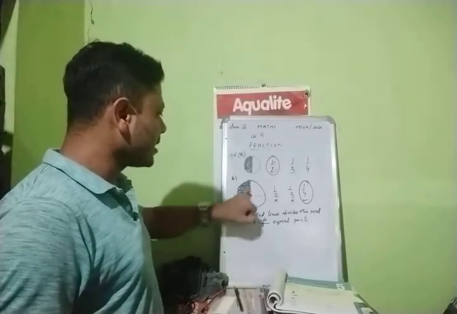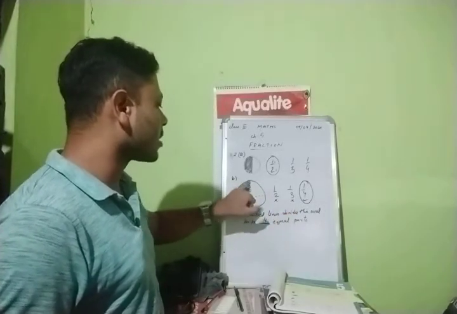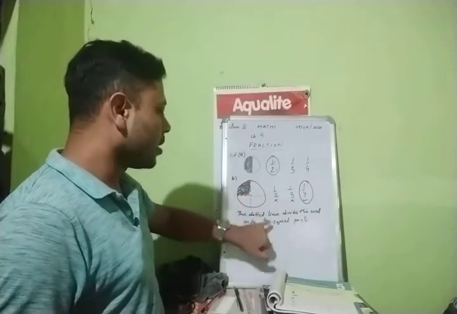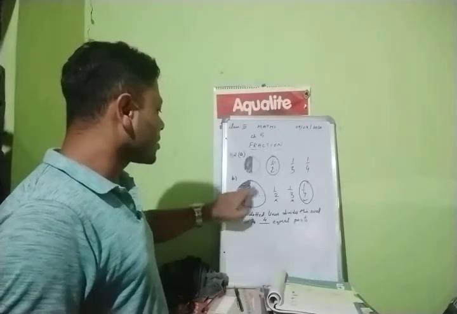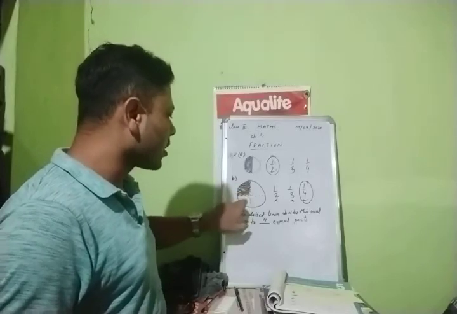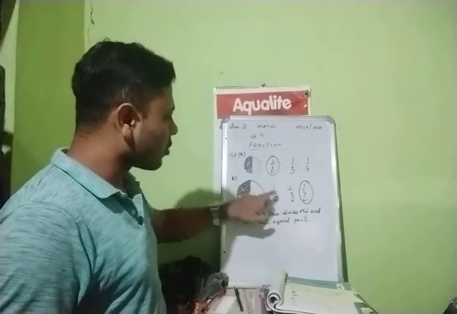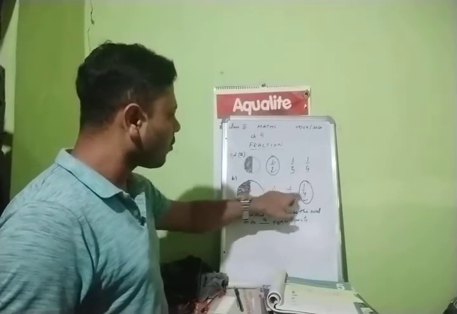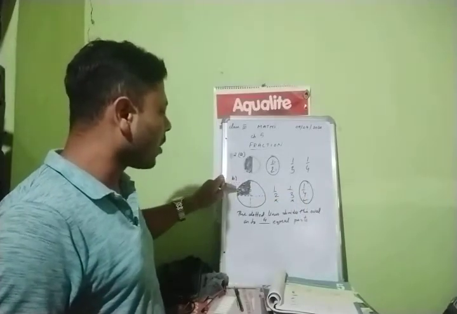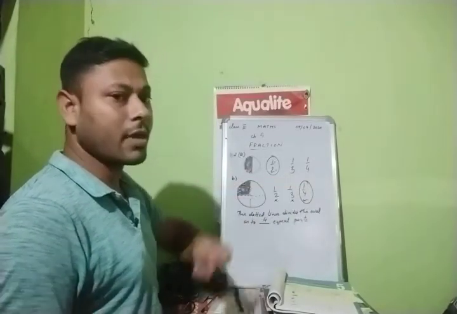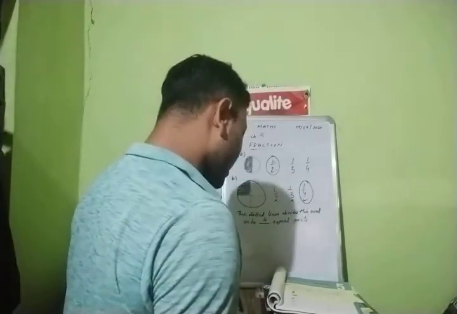What is this? Fraction. First of all, these dotted lines were there, right? So this divides the oval into how many parts? 1 part, 2 part, 3 part, 4 part. So 4 equal parts, right? Then we have to see this picture. How many parts were there? 1, 2, 3, 4. So for that we have to see the down portion. 2, how many are there? 4. 3, how many are there? 4. 4, how many are there? 4. So 4 will be correct. Then how many parts are shaded? 1 part. So the answer is 1 by 4. Right? Okay. Let us do the next question.